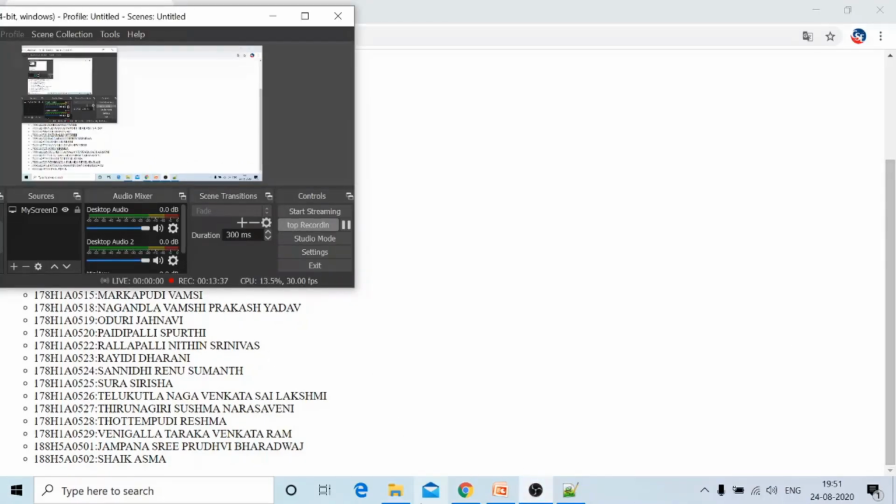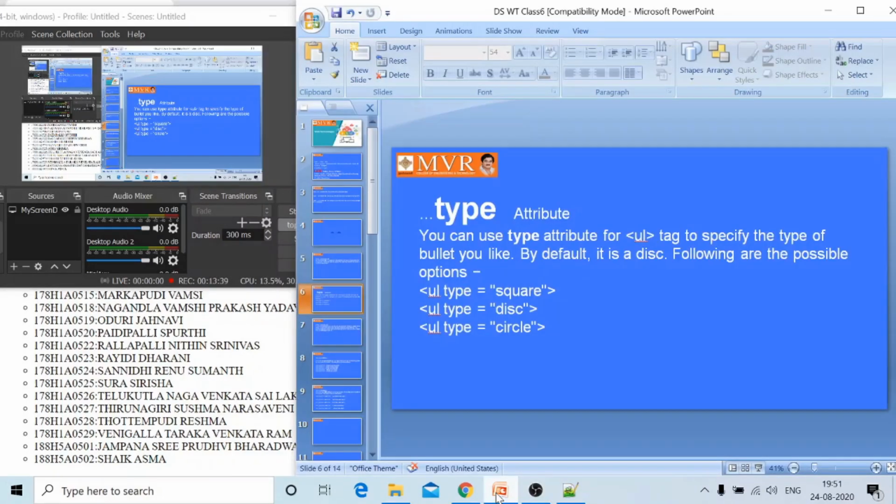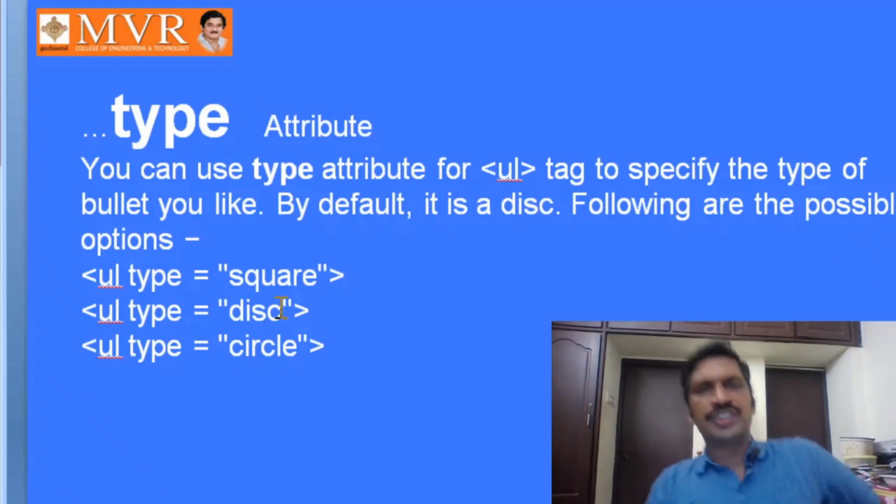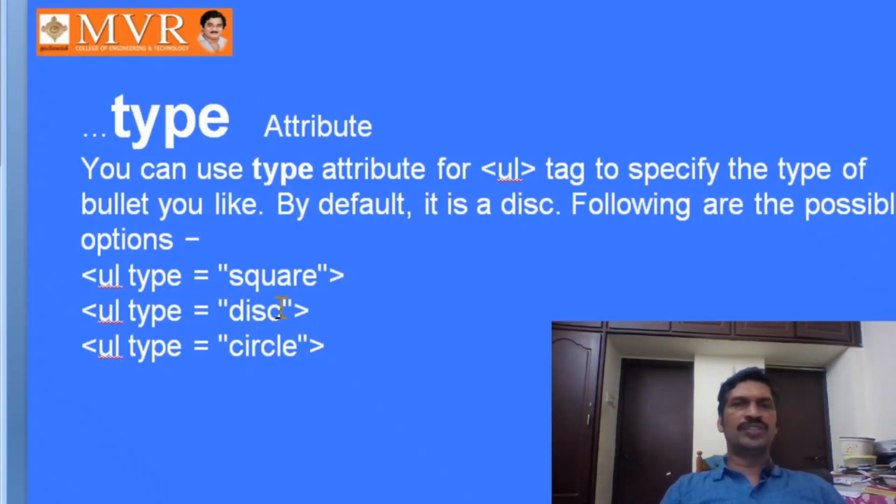Okay, now we have seen the program on unordered list. What are the attributes of the unordered list type? What are the various values of the type? The type attribute will take square, disc, circle. What is the difference? If we take circle, the list items are displayed with circles at the start. If we take square, the list items are displayed with squares. If we do not specify the type attribute, just ul /ul, what is the default? The default type is disc. Okay, this is about unordered list in HTML.